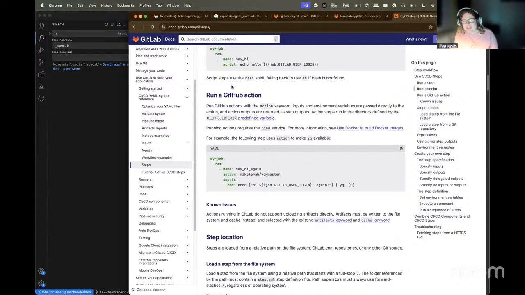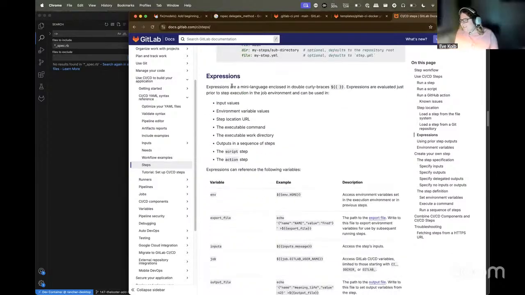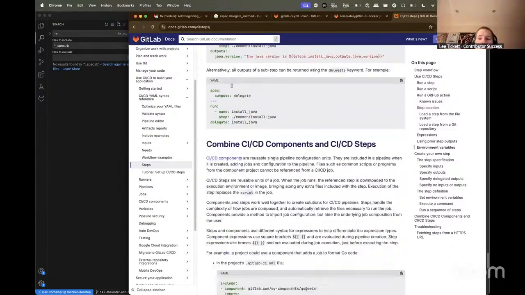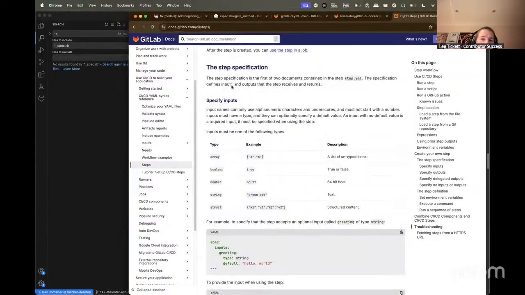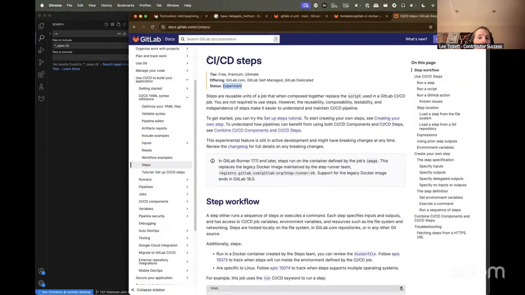I think it will. I think it might only be able to use the ones that are actually Docker images, though, maybe. Because a GitHub action can either be a Docker image or some JavaScript. Oh, okay. Interesting. The reason I'm mainly interested in CI steps, when I have time to experiment, is because